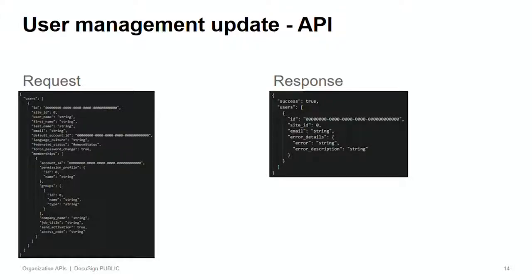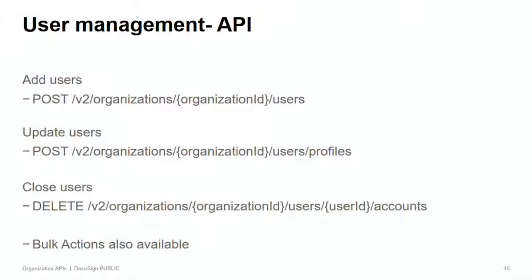So we made an update API where, again, it's the same thing. You feed in your user ID, you make the updates you need to the user across accounts, you get your response, and basically you're done. You can program that into a loop and take care of all dozen users at a single time. So there's an add users, update users, close users, looks very similar. I didn't want to put the same screenshots on a bunch of different slides and bore you guys this morning.